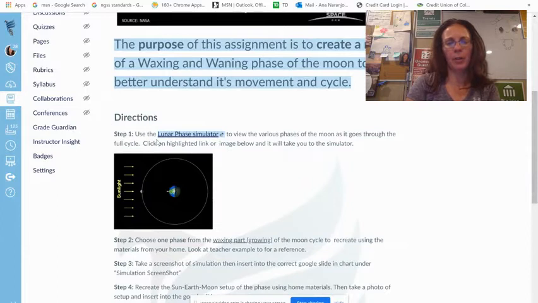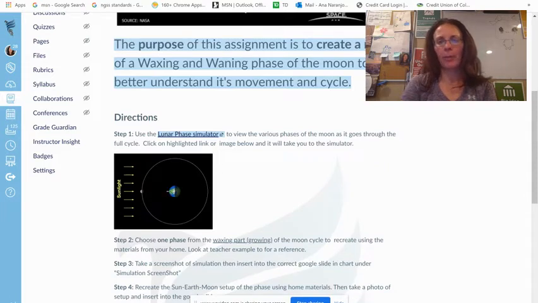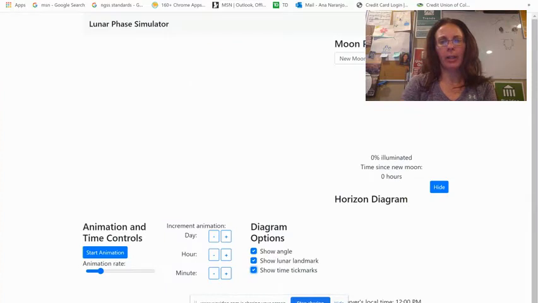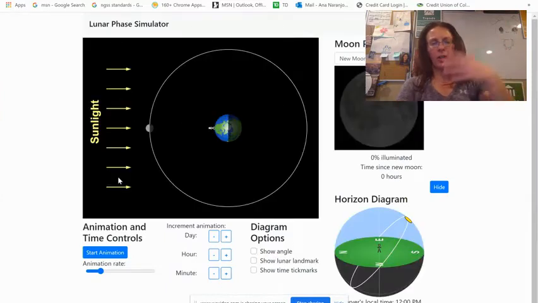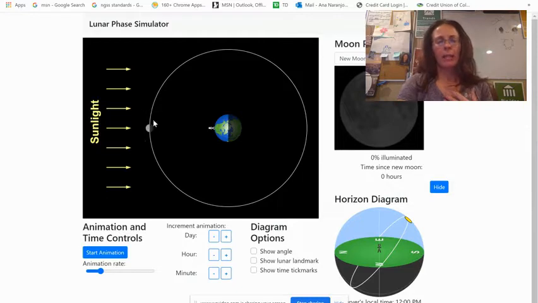So for this first step, you're going to go ahead and go to the lunar phase simulator, which you can get through this link here. Or if you want to click on this image below, you can go to either one. For the lunar phase simulator, it's going to take you here. As you can see, the sunlight is coming in from this direction. There is the moon as it goes through its cycle, and here is the Earth, and then we are that